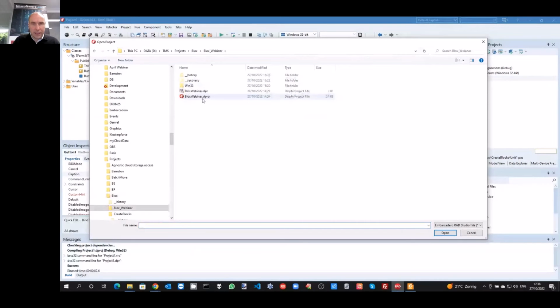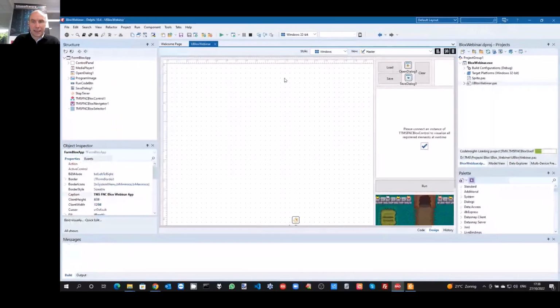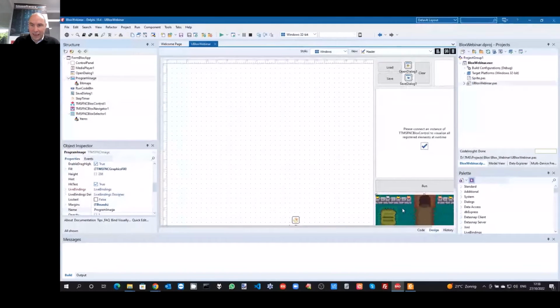This is the application that we prepared. So what can we see here? We can see the blocks control. We can see the selector, some buttons here. We also see the navigator here. And here we have added some FNC image, and we will do some drawing on that image.